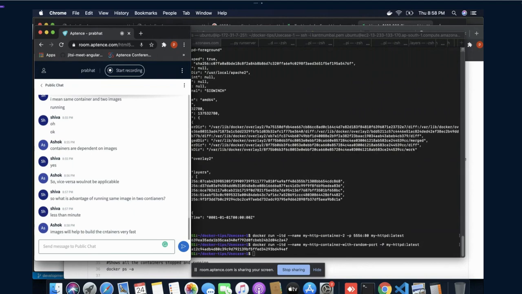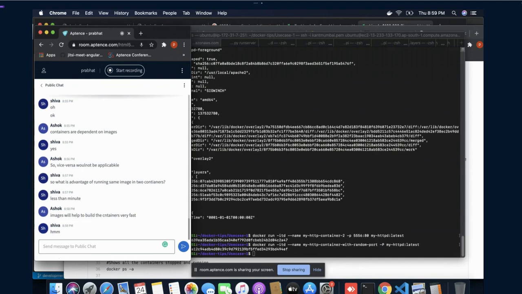Yeah, of course, an image will help build a container very fast. Whatever steps we do inside our Docker image, they will save all these steps and create code according to the steps you have provided. Once you have the ready-made code, you can simply run it anywhere. In case of this server, you will be able to run it and within a second replicate those steps again.